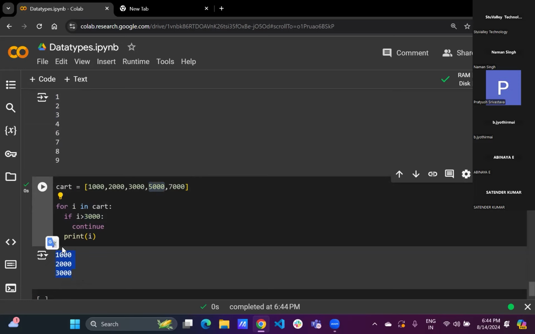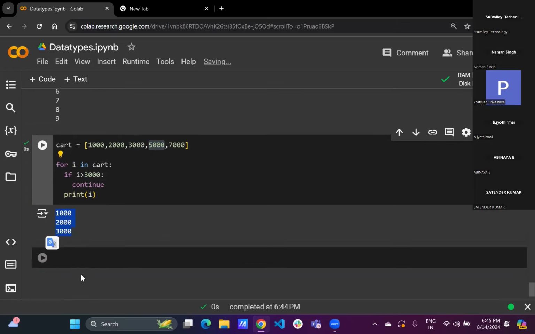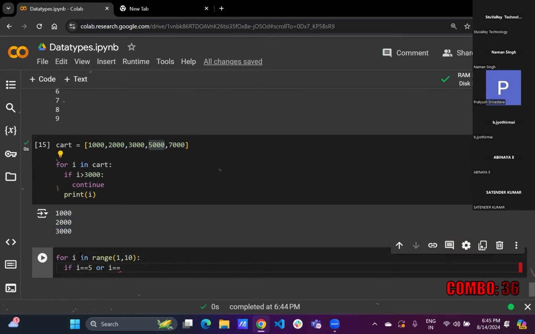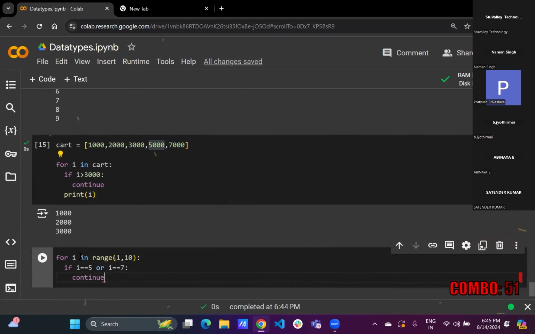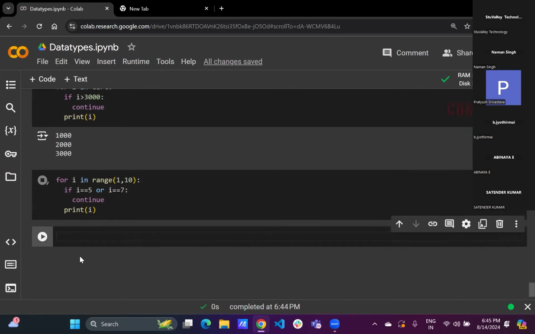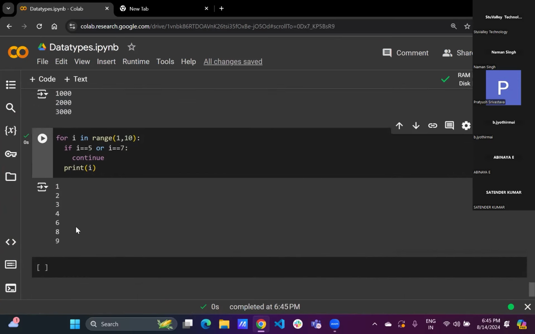तो कंटिन्यू का यही काम होता है कि जो भी हमारा करंट आइट्रेशन है, दैट विल स्किप। अगर मैं ऐसे लिख देता हूं: for i in range(1,10): if i == 5 and i == 7: continue। ठीक है, मैंने लिखा कंटिन्यू। अब क्या करेगा, जो फिफ्थ और सेवेंथ आइट्रेशन होगा वो स्किप कर जाएगा। देखो, 5 भी नहीं है और 7 भी नहीं।